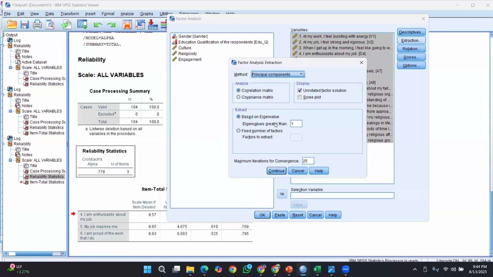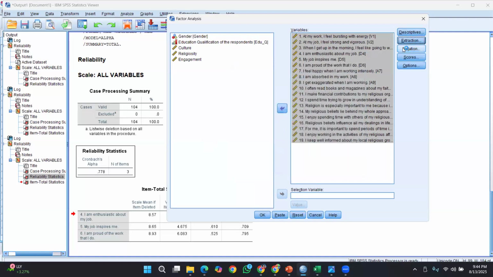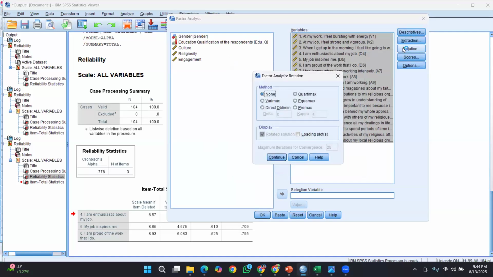It should be based on the eigenvalue, and it is there by default. Factors with an eigenvalue greater than 1 are extracted. When looking into the rotation, you can go with the varimax rotation.